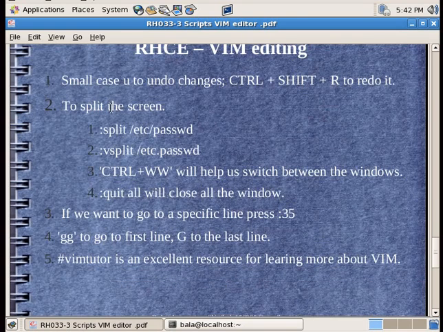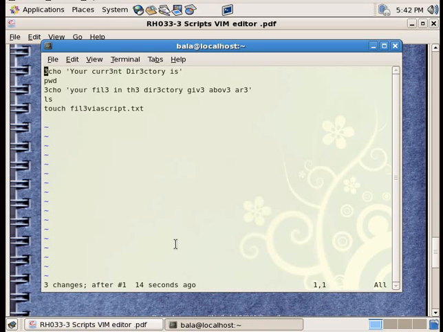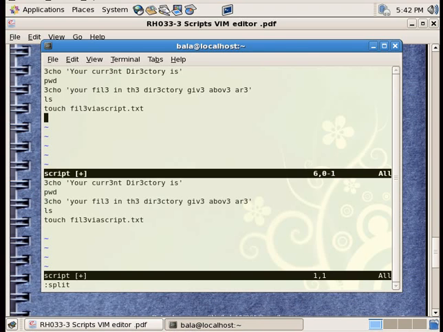So that one is done. Now we'll see about splitting the screen. Okay, so for splitting the screen I have to hit escape colon split, hit on enter. So you saw that there are two screens right now. One screen is on top. If I have to go to the screen which is over here, I have to hit Control WW so that I come down. Okay, so say if you want to split this one vertically, you have to hit escape colon vsplit,